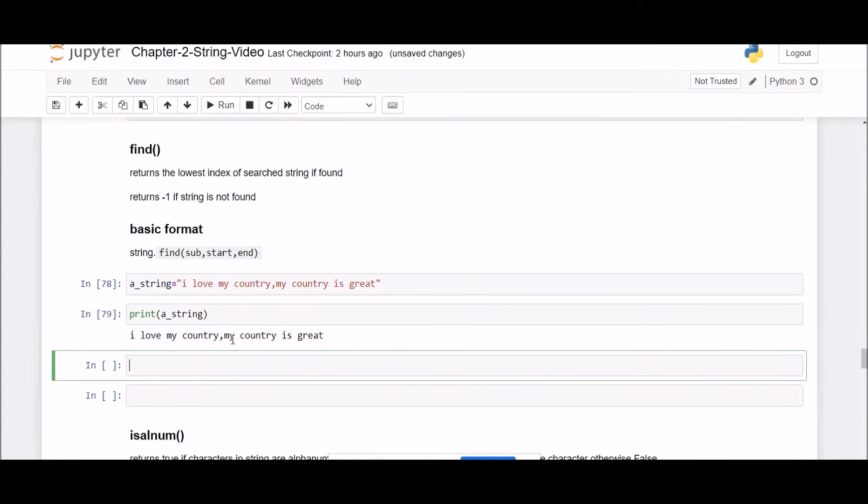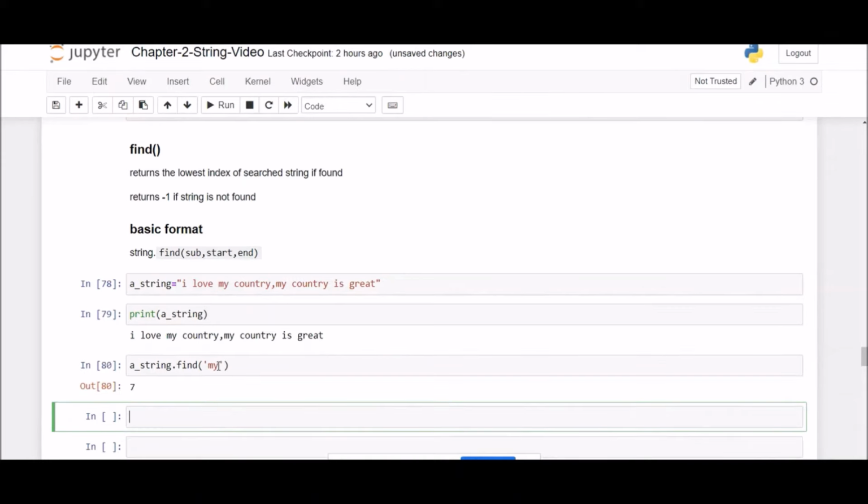Now suppose I want to find if my string contains my. How could we do that? We could do that using the method find. What is its format? Its basic format is you'll write the original string, then you'll use the method find, and you'll provide as an argument the string you want to search, and then you'll execute it.